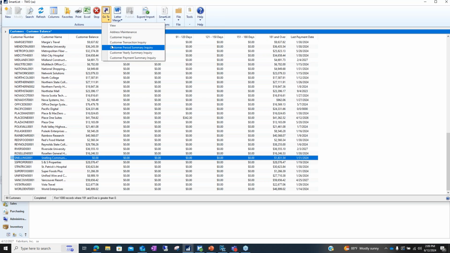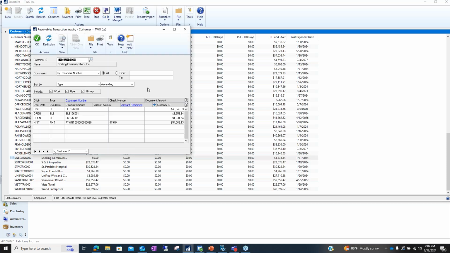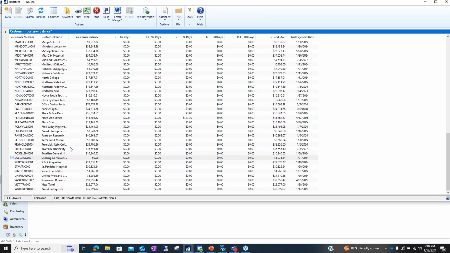So we'll want to look at that customer transaction inquiry just to see why they don't have a balance, but they do in the 181 and over bucket. So we can click on that, and we'll notice that it looks like there's a credit memo that's open that hasn't been applied to the invoice here, which is the reason that it is giving you a 0 balance and a credit there. We can hit OK here, and it'll keep you on your smart list,